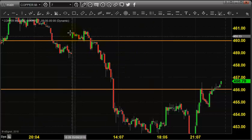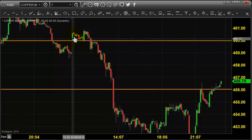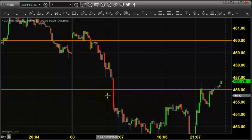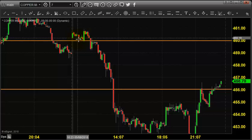The chart you're seeing is a 7-minute candlestick chart, and this candlestick indicates yesterday's price opening, which shows that the market opened here at 460 or just above 460. We expected copper to stay in buying, maintaining 454.5 as stop loss, but right after the opening the price could